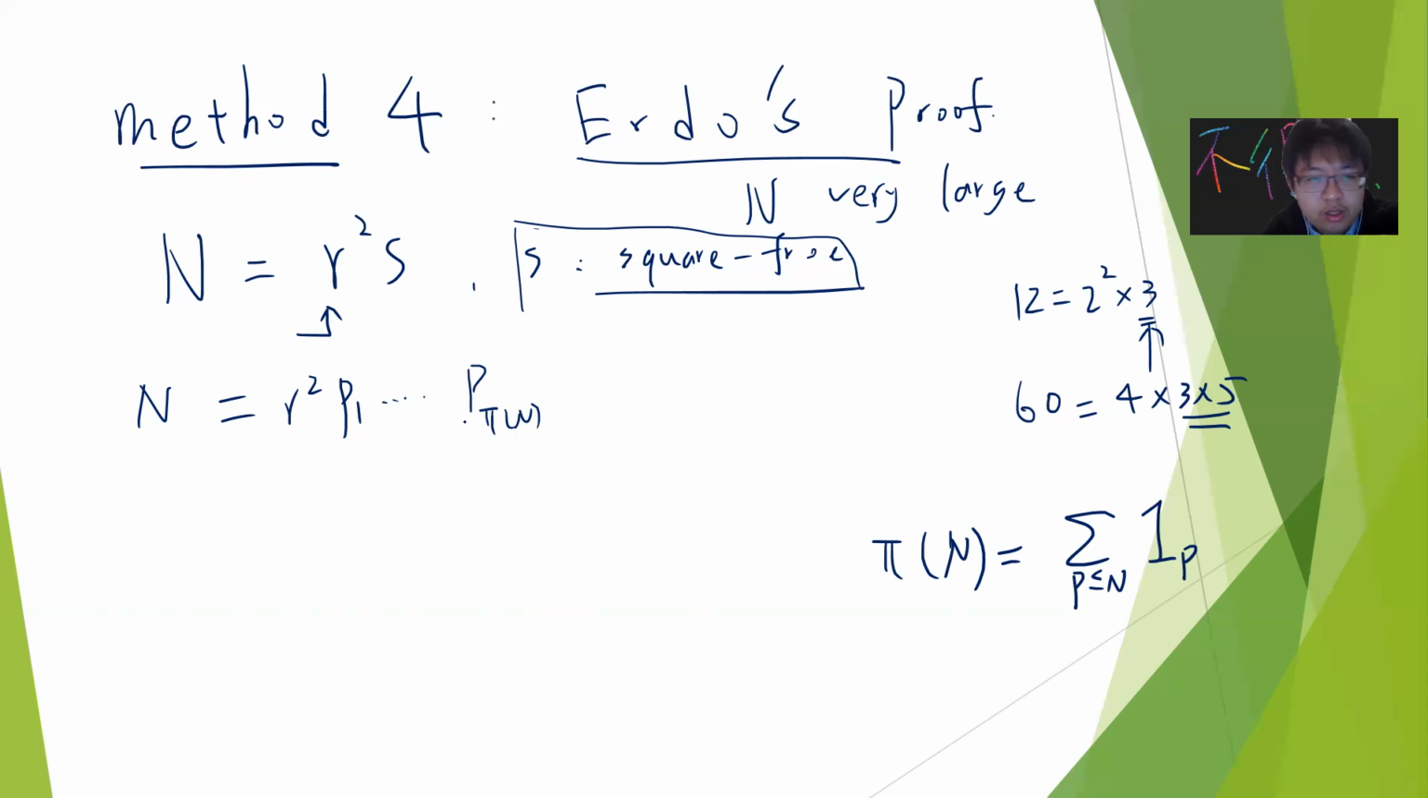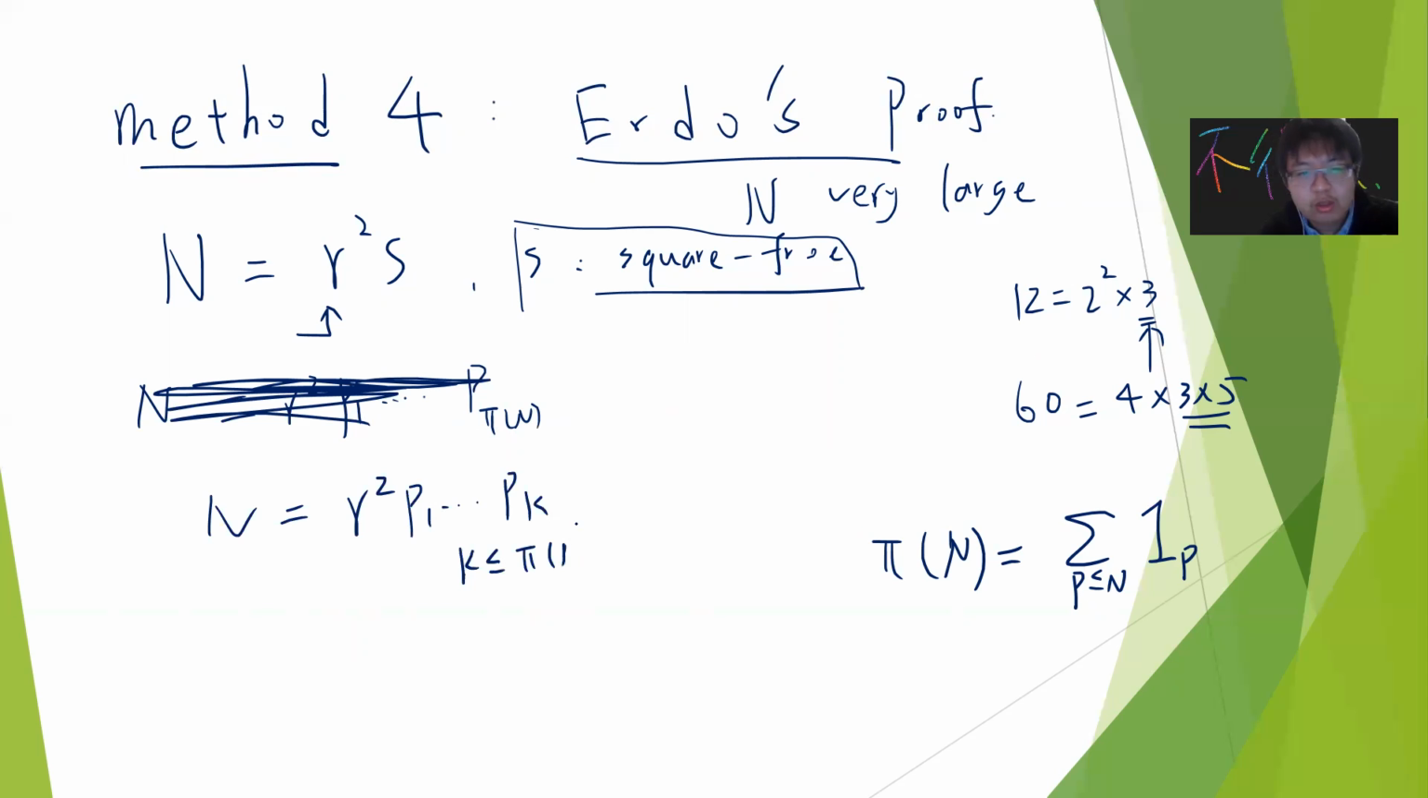Sorry, I should say this n can be written as r squared times the distinct prime factors p1 up to pk, where k is less than or equal to pi of n, because you may not use all of them. So what are the possible combinations that one can get? First notice that r is at most